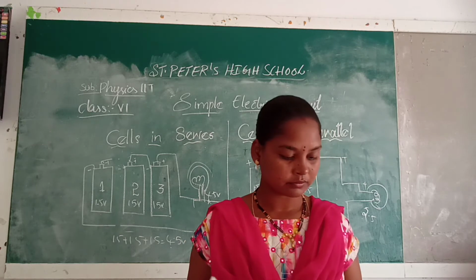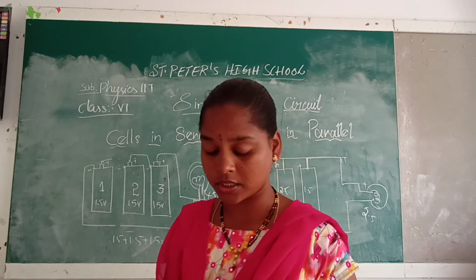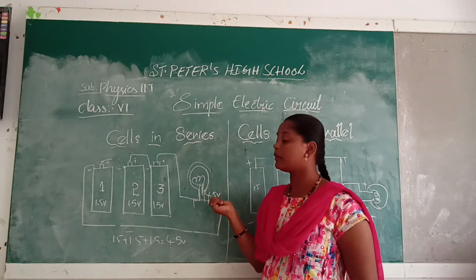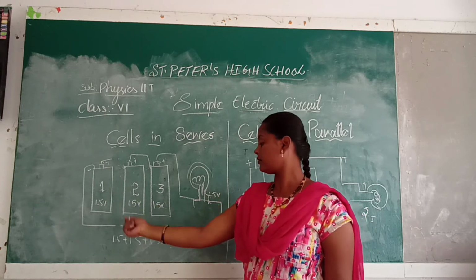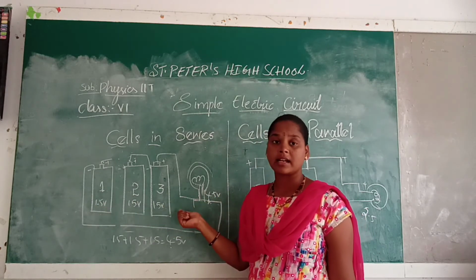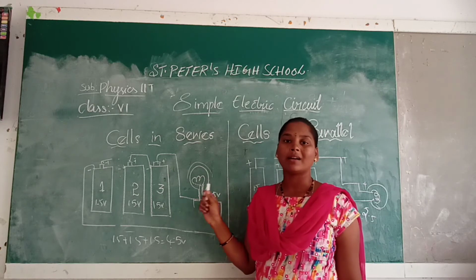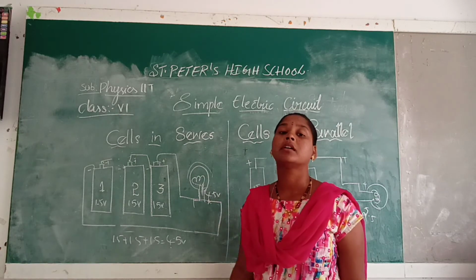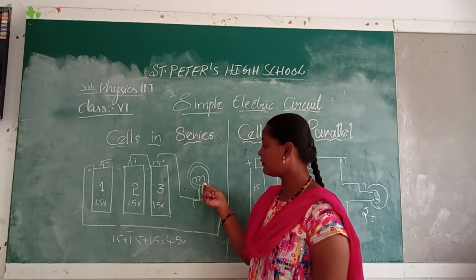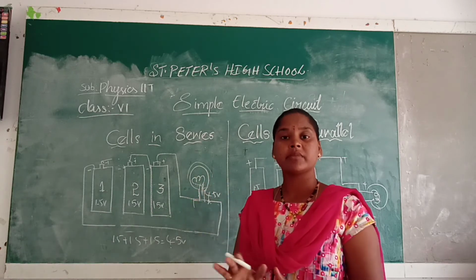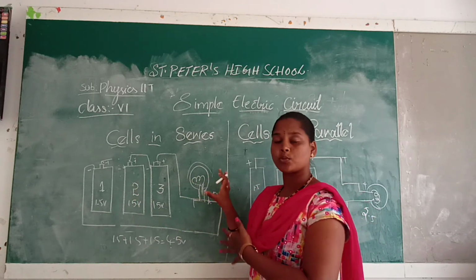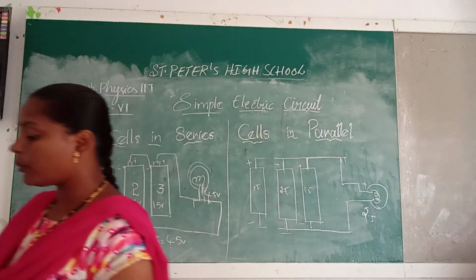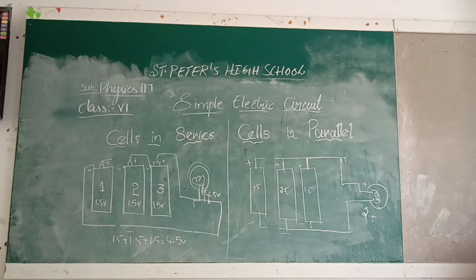How can an electric bulb get fused? Fuse is nothing but the breakage of the filament. Just now I said if the EMF of 3 bulbs is 6 volts and the bulb capacity is only 5 volts, what happens then? The bulb gets fused. That means the filament breaks because of the higher voltage. The bulb capacity is only 5 volts, but if you are passing 6 volts, the bulb gets fused. If it gets more electricity, it gets fused.